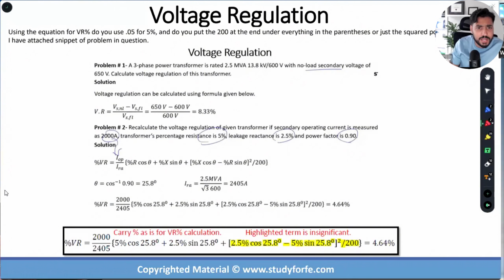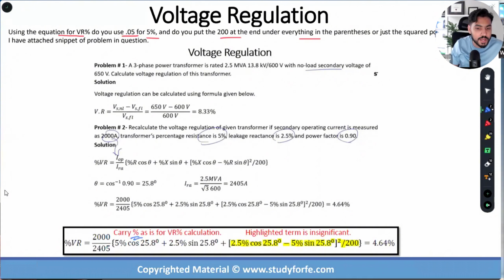So it's asking, using the equation VR percentage, do you use 0.05 or 5%? And do you put 200 at the end under everything in the parentheses, or just the squared portion? I understand that this particular equation causes a lot of issues for students. In the live training, I was pretty explicit about how we handle it. My recommendation that will help you save time and avoid mistakes is to